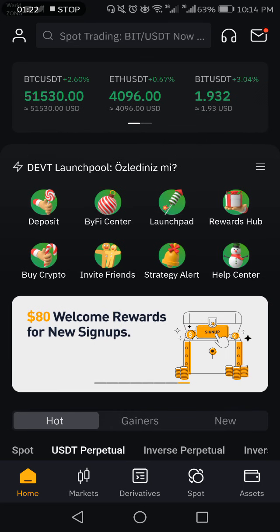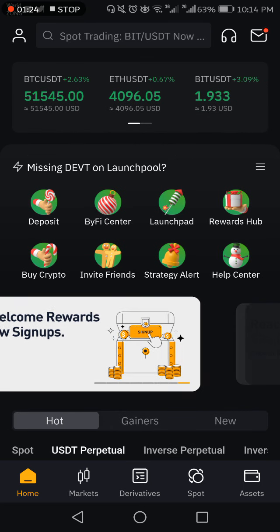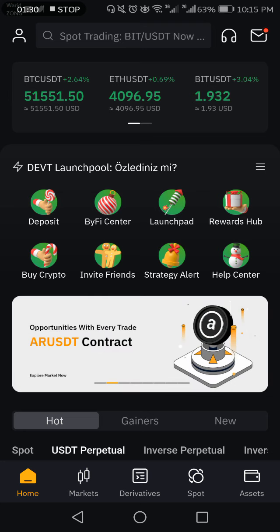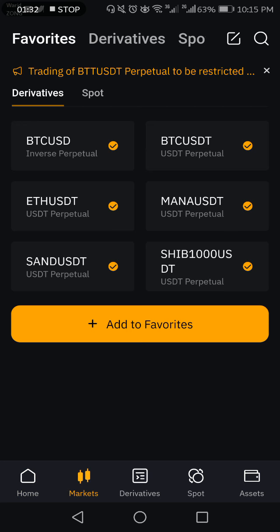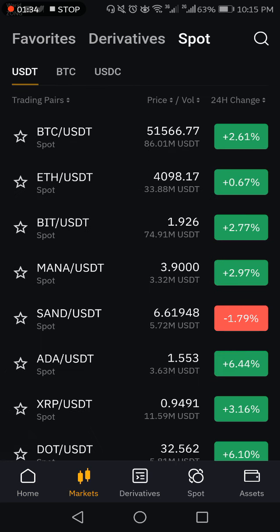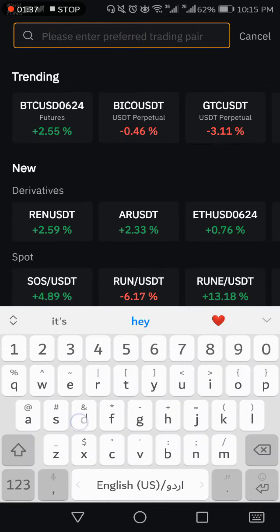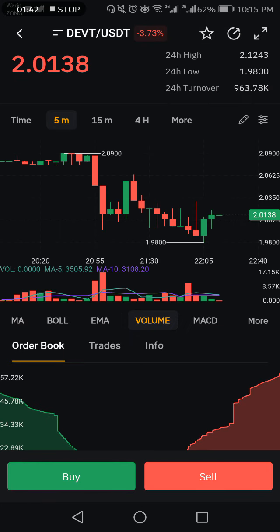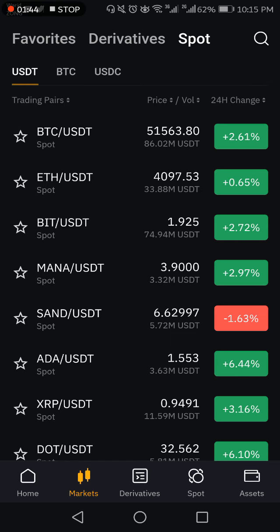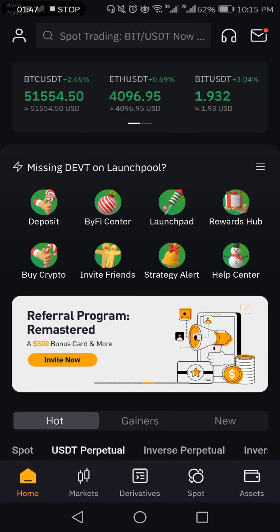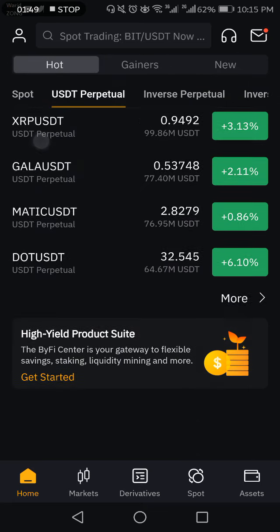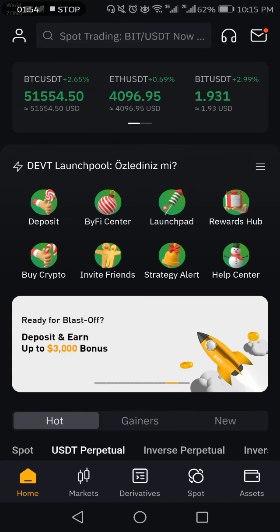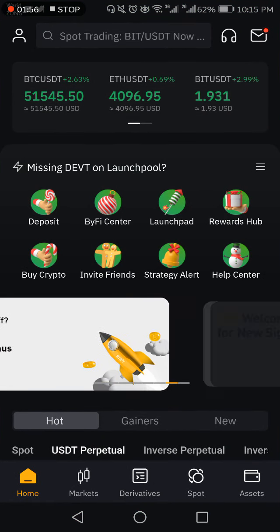First of all you have to transfer your D Horizon token to Bybit. If you don't have tokens you can actually buy D Horizon token. Here you can search DEVT and buy D Horizon token. If you have D Horizon token on any exchange you can simply deposit D Horizon tokens on Bybit and stake there. In order to stake you just have to open this Bybit app, and on the home page you are seeing this option,